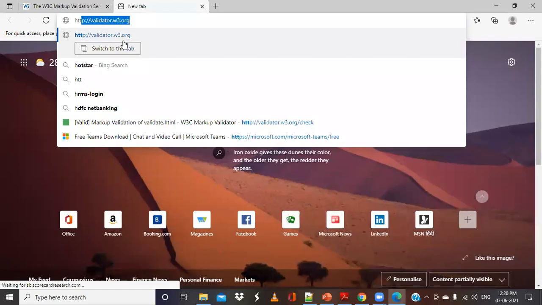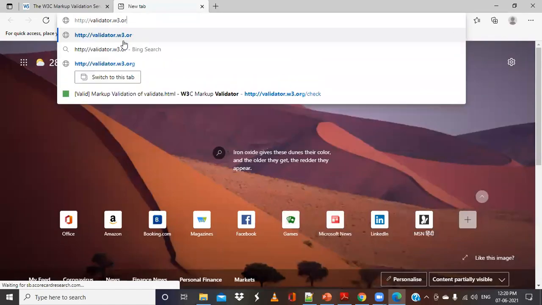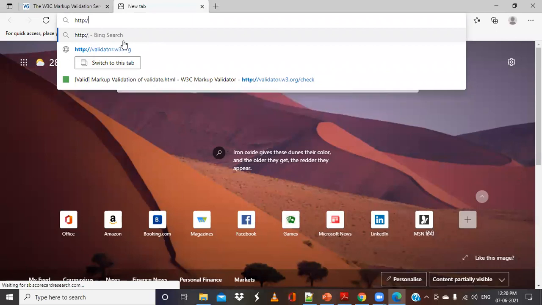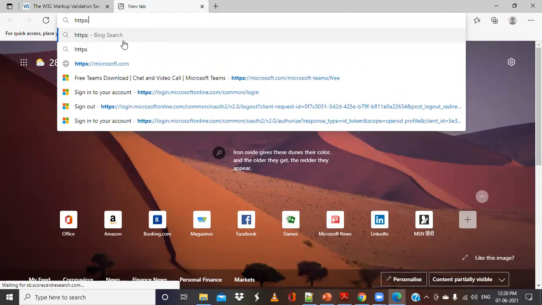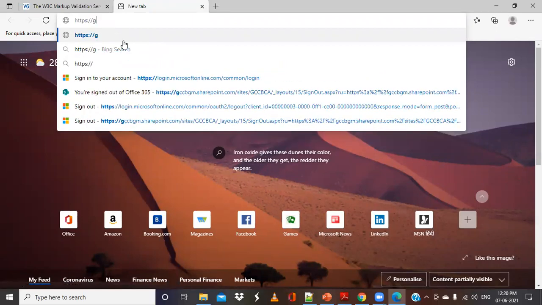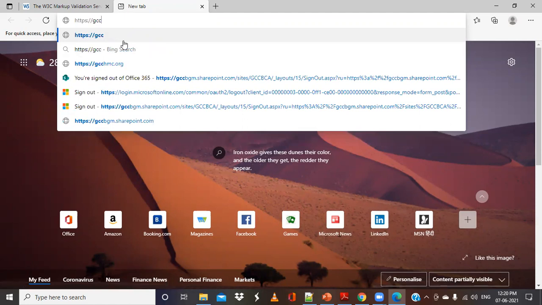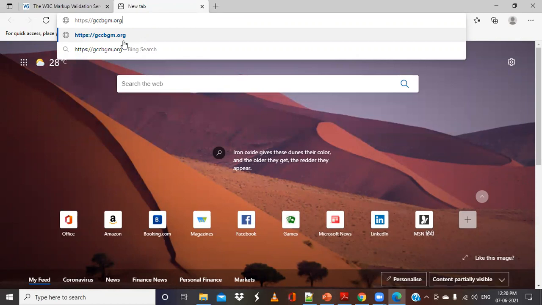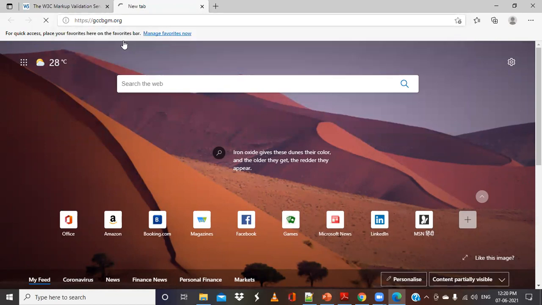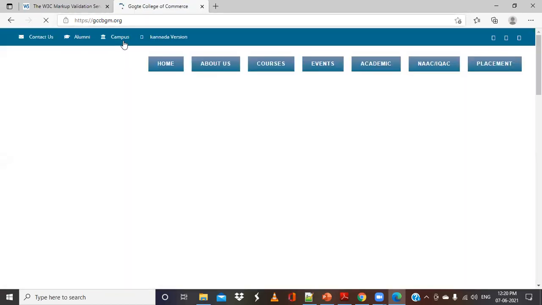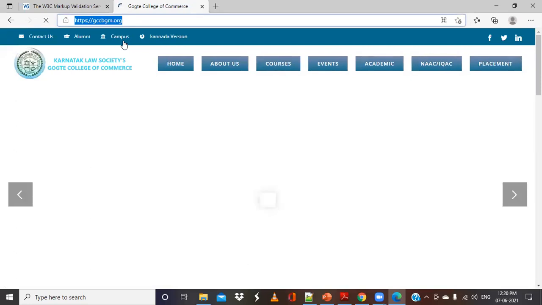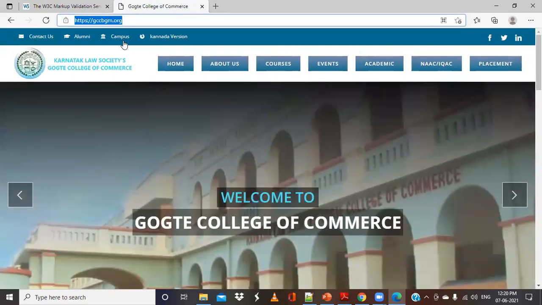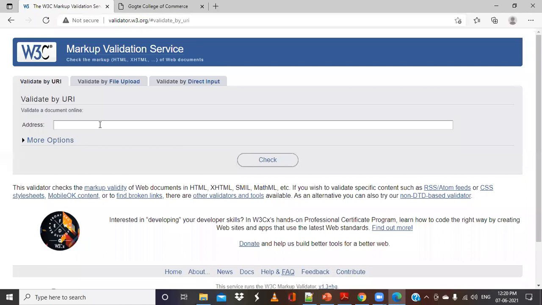So for example, if I say https colon, W3C, bgm.org. If I want to test whether it is properly working or not, I can give this address and test it.